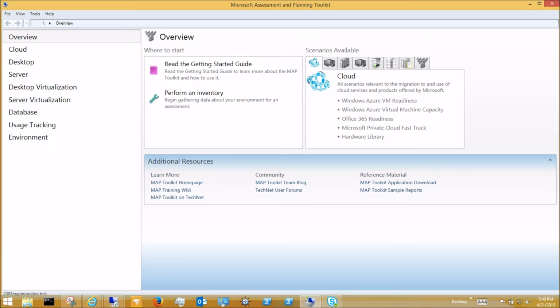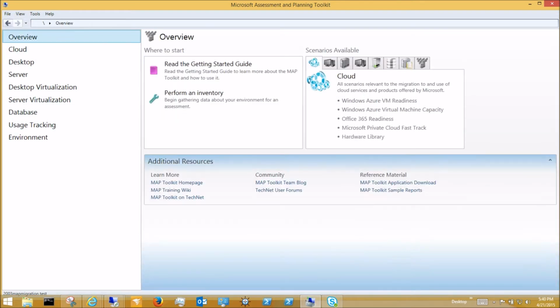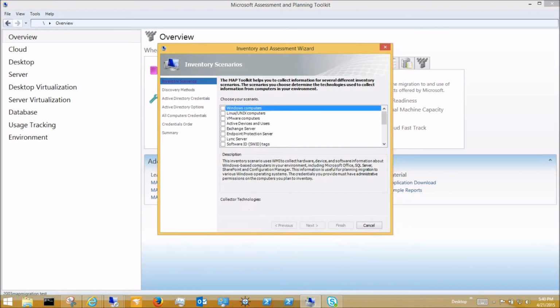So when you look at it, again, the inventory is the first step that we have to do. If we start looking at the different things that we're interested in, maybe it's a server migration. Again, everything's revolving around the inventory. So when we go into the overview, just to kind of show you the inventory, when we hit it gives